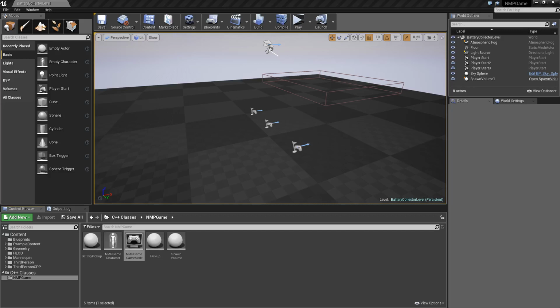Hello again! In the last video, we set the player up so that the character could collect the pickups and gain power from those pickups. In this video, we are going to add the logic in the game mode so that the player's power is drained over time. And the way we're going to do that is to put some code in the game mode,